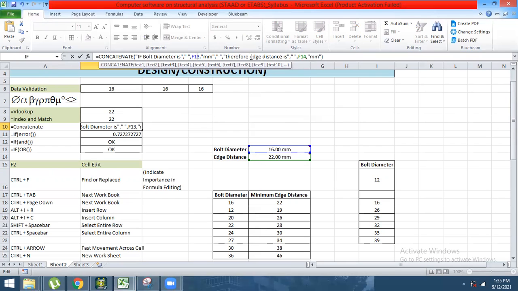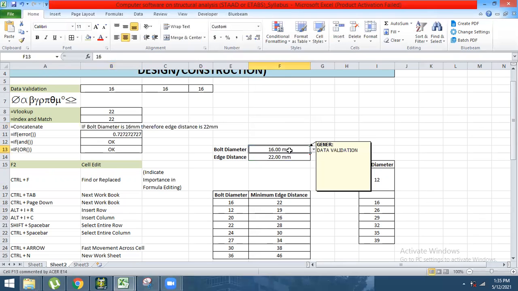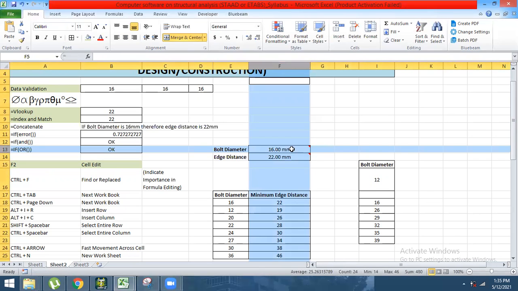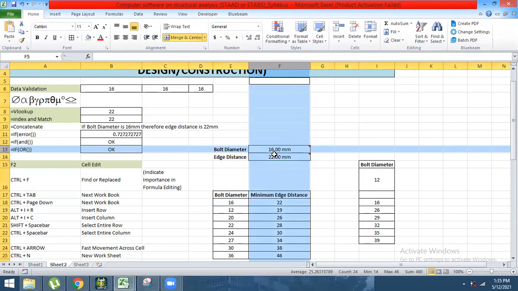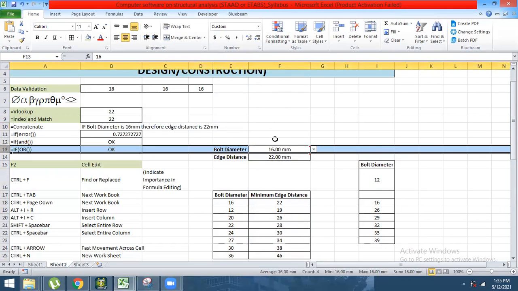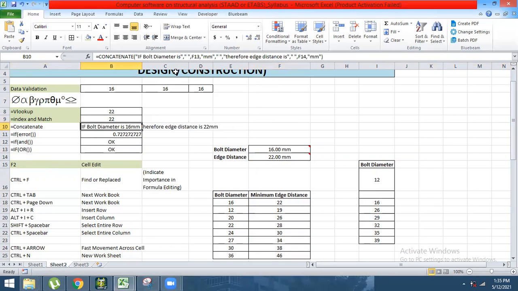F13 is this one. So it says, if bolt diameter is, space, F13, mm, therefore edge distance is